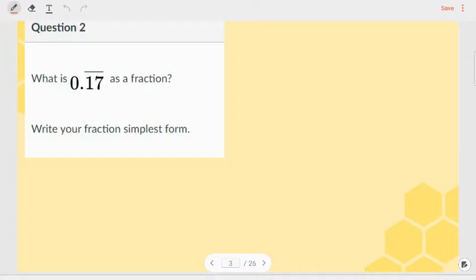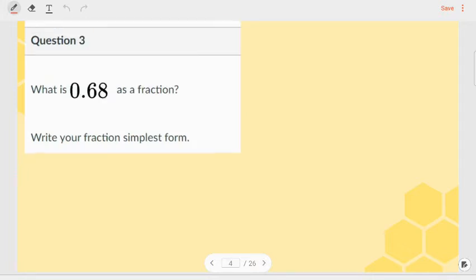All right, moving on. What is 0.17 repeating as a fraction? That bar over it means it's repeating. Now, the way I write any fraction is going to be the same. I'm going to write the number that comes after the decimal on top of my fraction, so 17. Now, on the bottom, it differs. If there's a repeating bar, I am going to count the number of digits. 1 and 7, it makes 2 digits. I'm going to put that same number of 9s in the denominator. So 17 over 99. If it didn't have that repeating bar, I would put 17 over 100. But 17 over 99 cannot be simplified, so that is my final